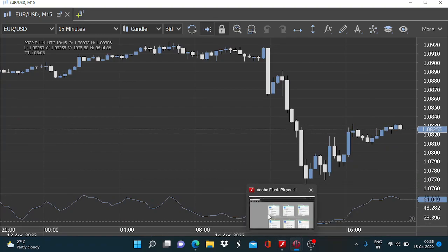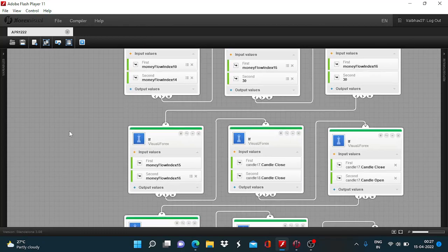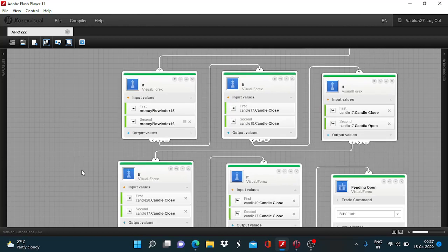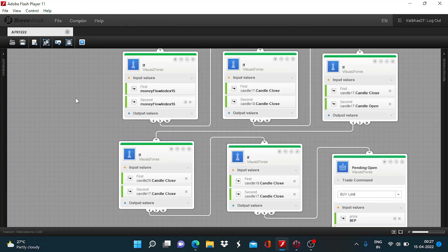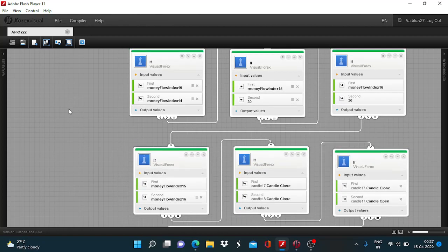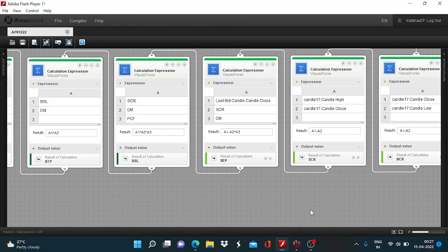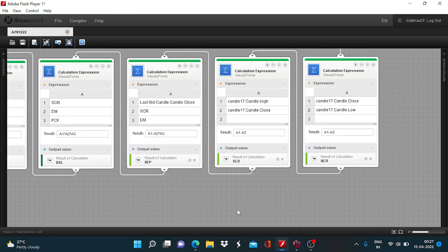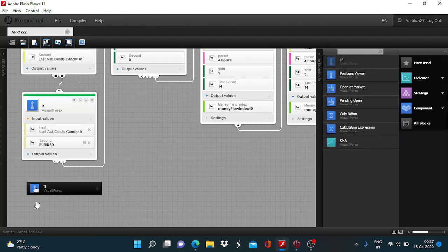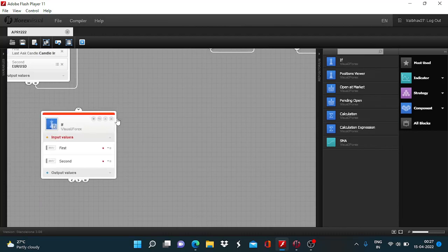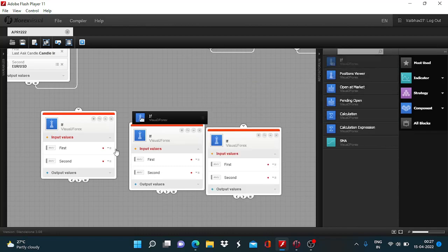Now we are ready to start adding the requirements to the Visual JForex board to define the conditions for the execution of the trade. So this is the buy side, and now we have to build a mirror image of this. All right, we have defined these variables earlier. Let me start with adding a couple of if blocks. I think we are going to need 8 of these,